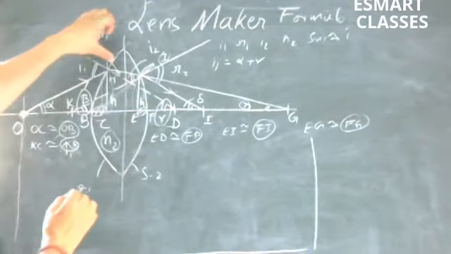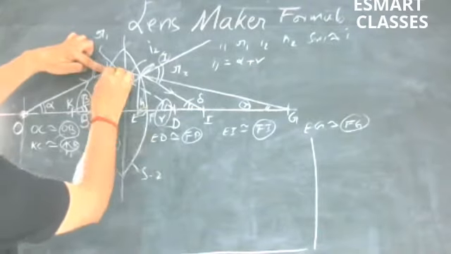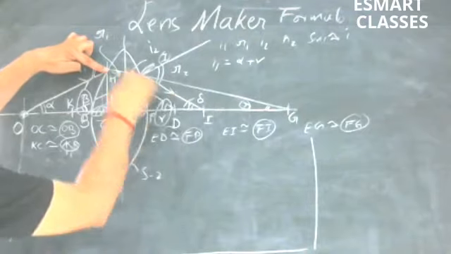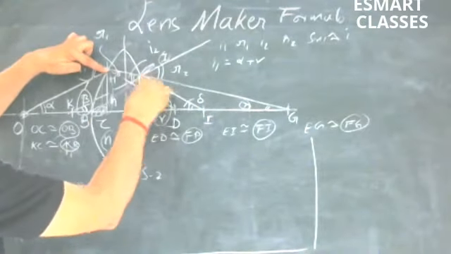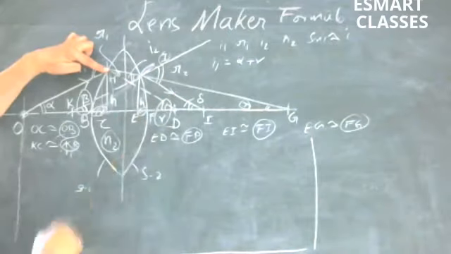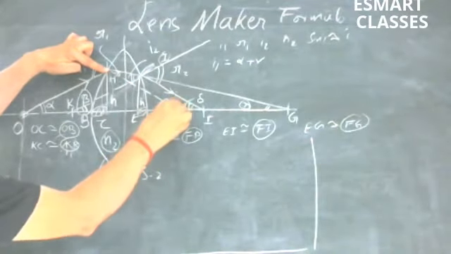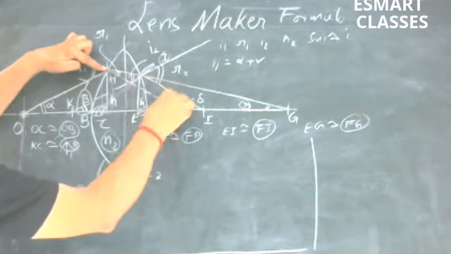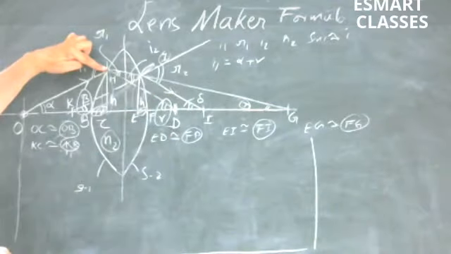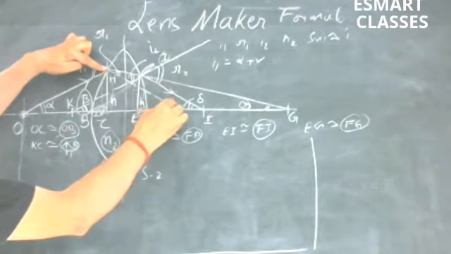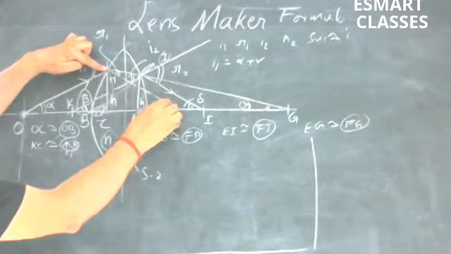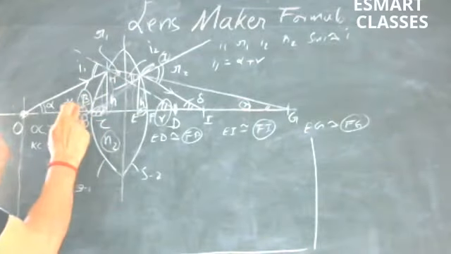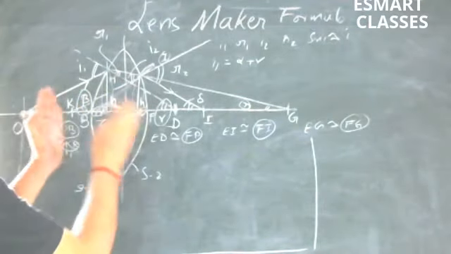Now, take the case of R1. We will take this triangle. Please note that the point touching the radius, meaning where the normal is touching the axis, this line should be falling in both the triangles. This angle should be reflected in both the triangles when you are doing this side. Similarly, when you do that side, this angle should be reflected in both the triangles, the angle which pertains to